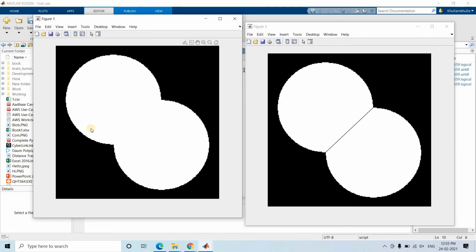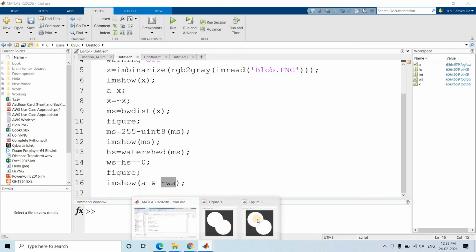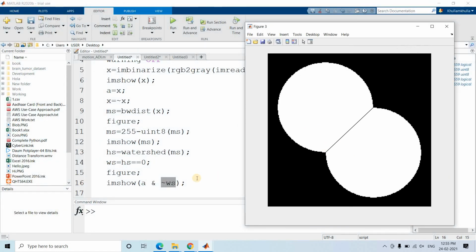So this was our original image, from which we can understand there are two segments. Now if we apply watershed segmentation, we can separate these two components very easily. The concept is, first apply the watershed transformation. Then the labels which are 0 are basically ridge lines that separate different areas. I am extracting that part and doing an AND operation with the complement of the watershed lines. Wherever watershed lines appear, that will become black pixels and that will separate these connected binary objects, and this is how we can segment or separate these two objects.